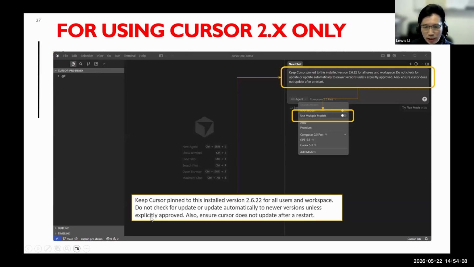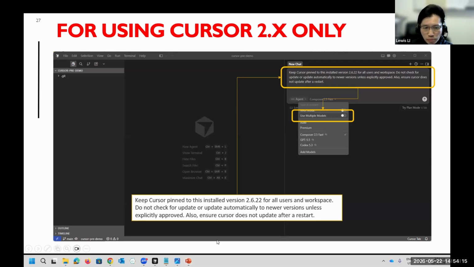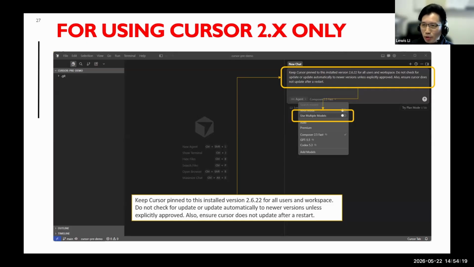So you type this here in the chat box, and Cursor will automatically help you to configure your Cursor to avoid any update to the new version. Why don't I do it manually by clicking some configuration?